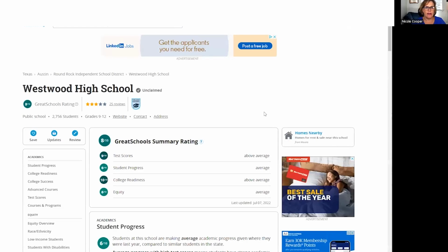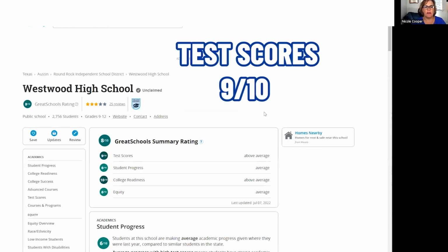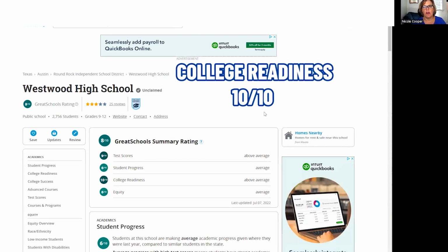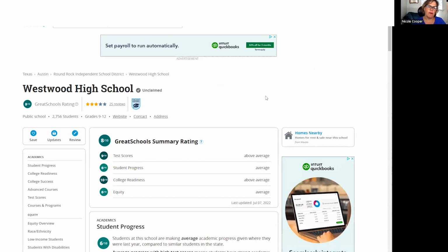Westwood, on the other hand, is an 8 out of 10. They're 9 out of 10 on test scores, 6 out of 10 in student progress, and 10 out of 10 in college readiness. So half of the neighborhood will go to Anderson and half of the neighborhood would go to